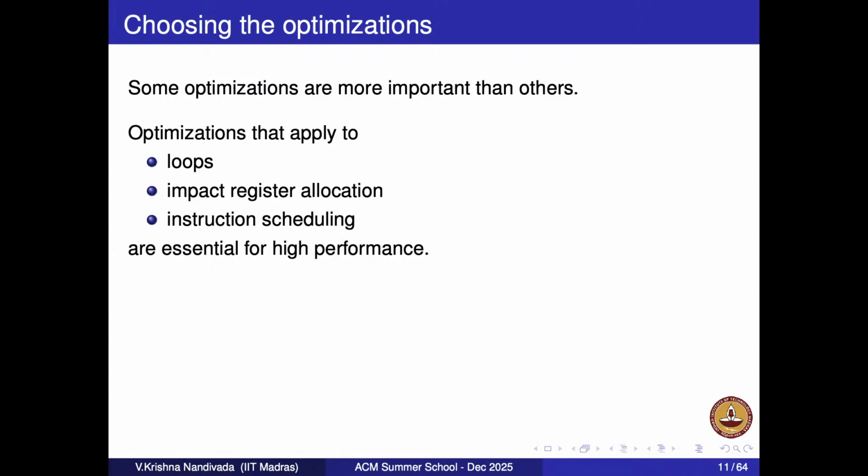Registers and memory, right? If you can do efficient register allocation, that's going to impact throughout your program, inside loop, outside loop, everywhere. Correct? Same thing with instruction scheduling. These are very important for performance. The others are also important. I'm not saying they are not. But if you look at some of these, their impact is very high. Okay?